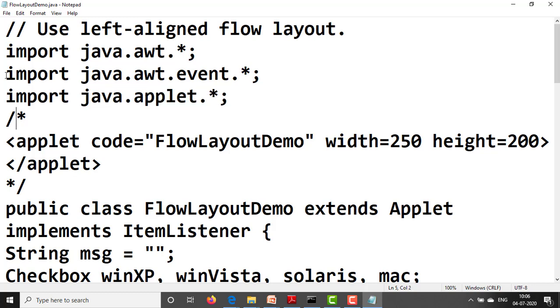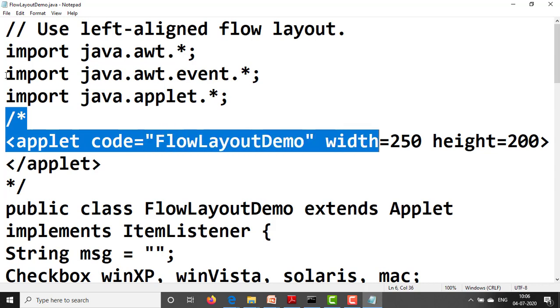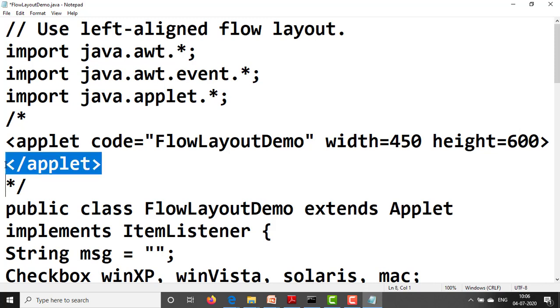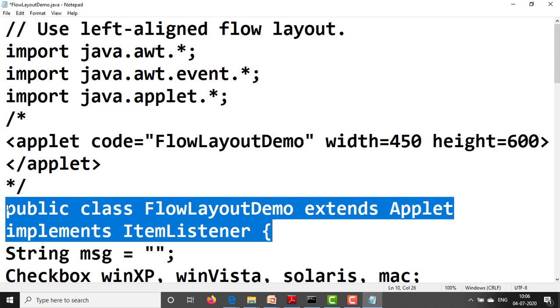Next, start the multi-line comment, the applet tag and its parameters: code equal to the class name FlowLayoutDemo, with width and height. Close the applet tag, close the multi-line comment. Start the class: public class FlowLayoutDemo extends Applet implements ItemListener.